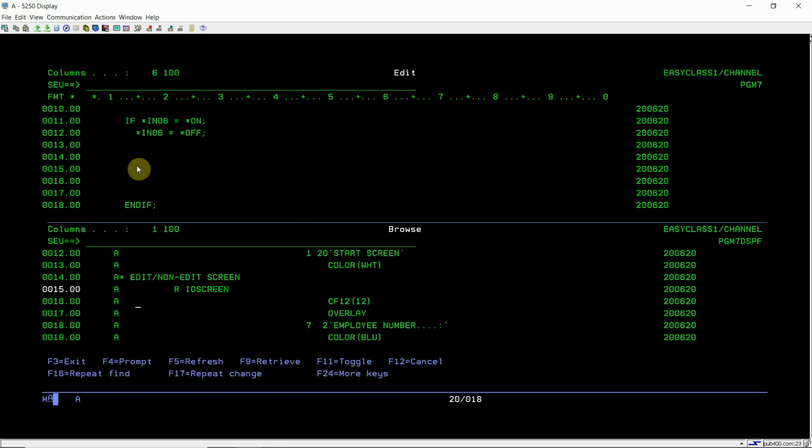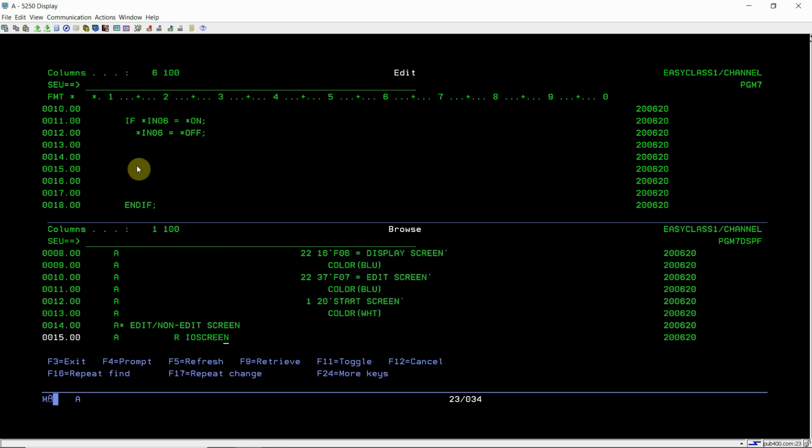Once this condition gets executed, as you can see here is the second screen, that is the IO screen, input output screen. I want that when I press F6, I'll be opening the screen in display mode. So in display mode, I have to set this indicator, *IN33, as *ON.